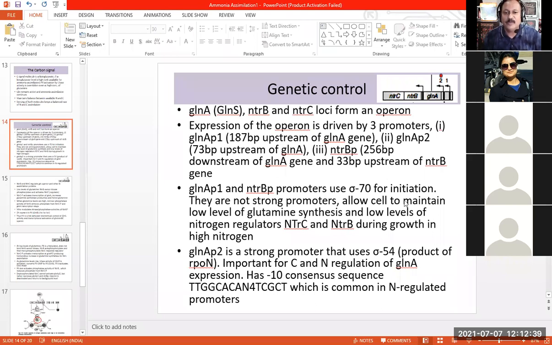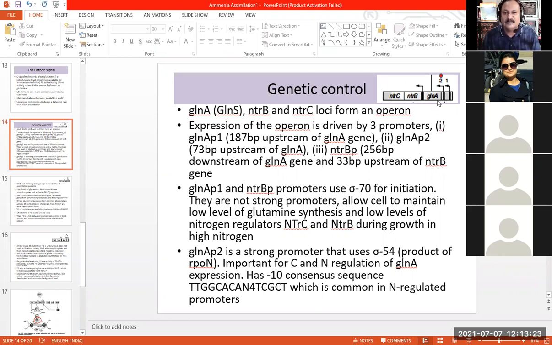Before the gap, I would like to tell you that GLNA is actually upstream of NTRB. What is the meaning of upstream? This sequence is before NTRB, and NTRB is before the NTRC gene. In the last lecture, in one of the diagrams, I had shown you NTRA, NTRB, C, and I told you something about NTRA. Do you remember that? I didn't tell you about all the different genes, because I wanted to cover that in this lecture.